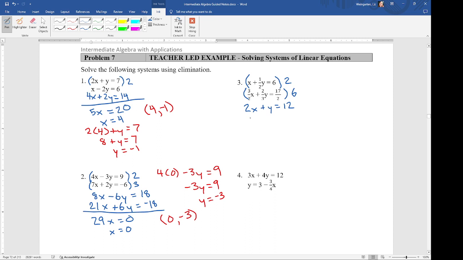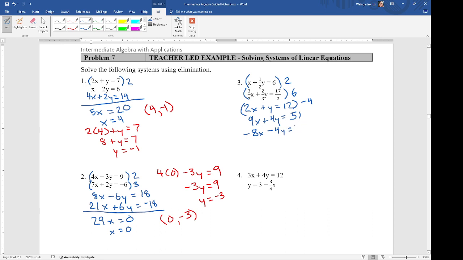And multiplying by 6, we get 9x plus 4y equals, and I'm not going to do 17 times 3 in my head, so I'll grab my calculator. We get 51. Now we can determine how we want to multiply in order to get a factor to cancel out. In my opinion, the easiest factor to cancel out is going to be the y's, because I only have to multiply one equation by a -4. So I'm multiplying this equation by a -4 and I get -8x minus 4y